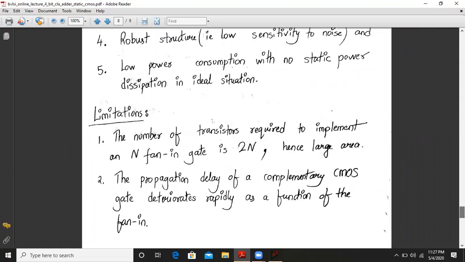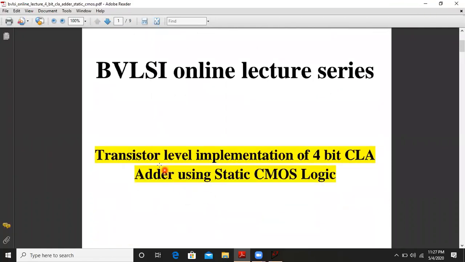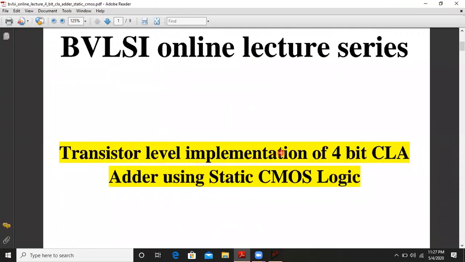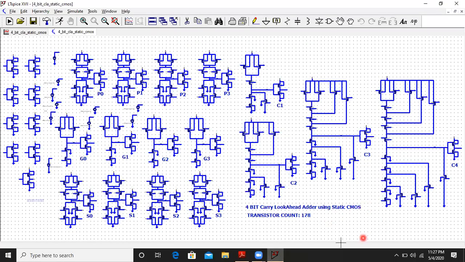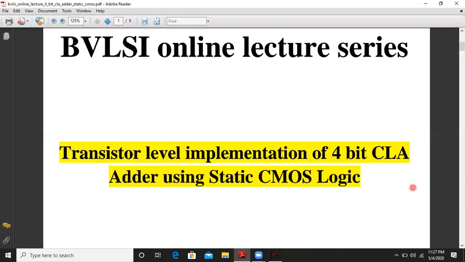So we have completed successfully the transistor level implementation of the 4-bit CLA adder using static CMOS design. So first we implemented the design on paper. We have seen the concepts with the help of equations. We have done that, and next we have done it with this huge circuit in LTspice. So this should also motivate you all to try this design on your own. So until next time, we'll conclude this lecture. Next time we'll study another 4-bit CLA adder using a different technique. So till then, thank you.